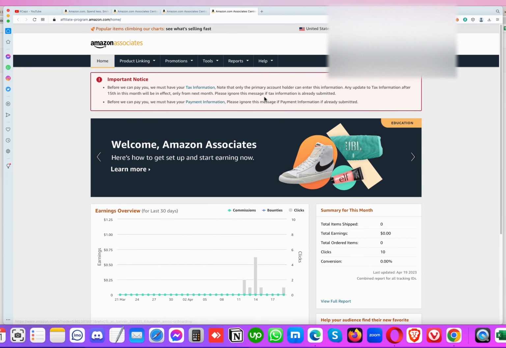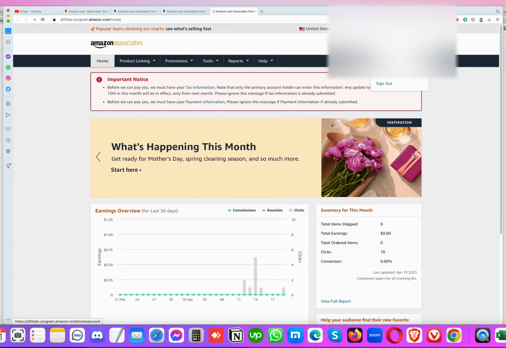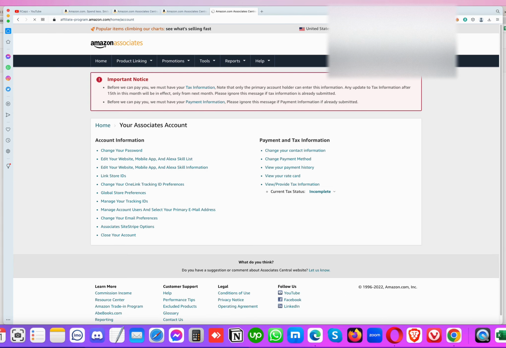Okay, and then now you need to click the email icon, and you need to go to account settings. Okay, and here you can change anything you want to change in your account. So I want to add my website URL. Okay, so here is the change your password option, account information, change your password, edit your website,